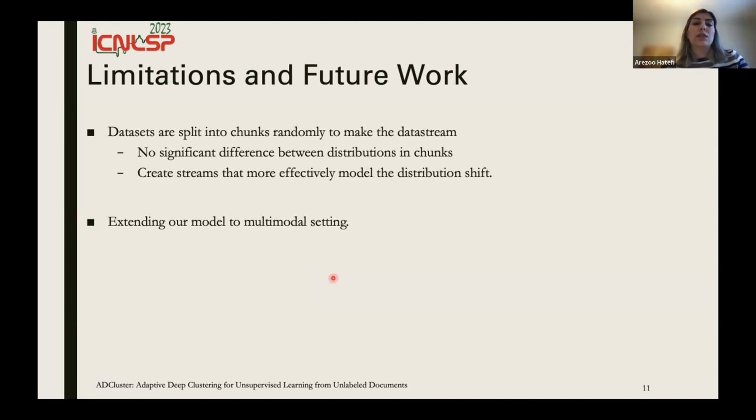So we would like to extend our model to a multimodal setting and test it there as well.